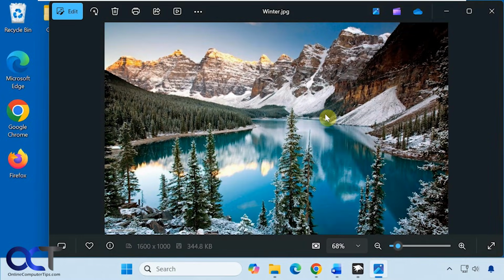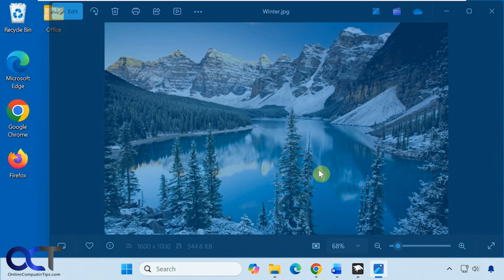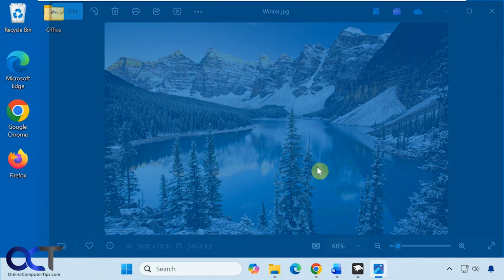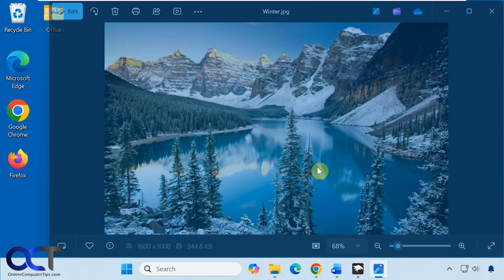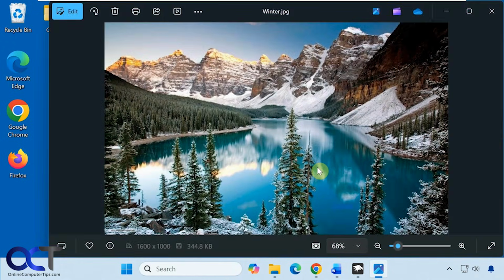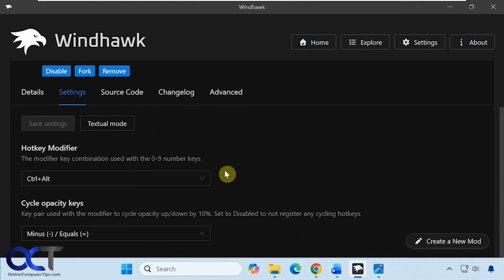Okay, let's go back to this. Let's do Control-Alt-5, for example. All right, now we'll do Control-Alt-minus, and again, and then Control-Alt-equals. And you could just do it in steps right there. And then, of course, Control-Alt-0, bring it back to normal. All right, so that's the basic gist of it. So if you like to have some opacity in your apps for any particular reason, this is a great way